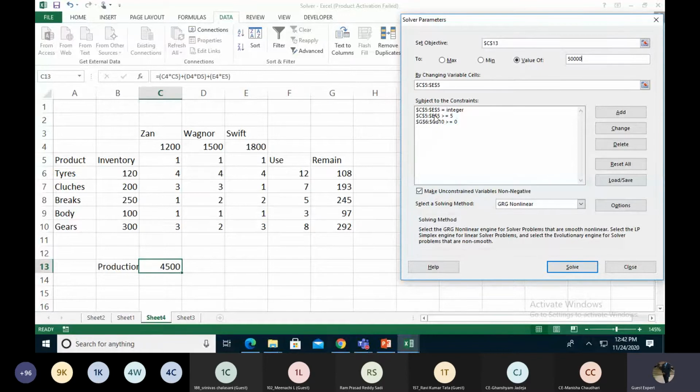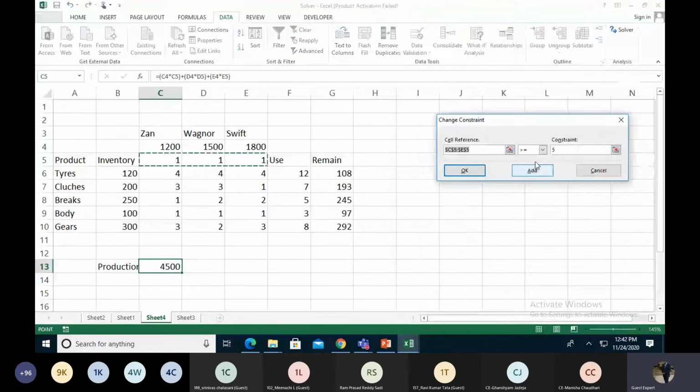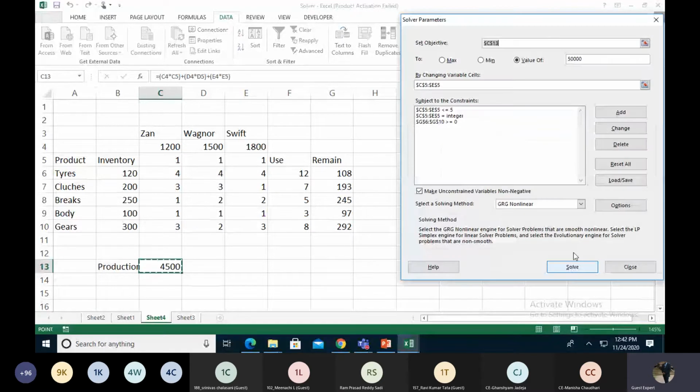So I'm changing this constraint as well, because at least they take the 5. So I change the constraint. This is going to be less than or equal to, we can create it. Let's see if I'm achieving my result or not.